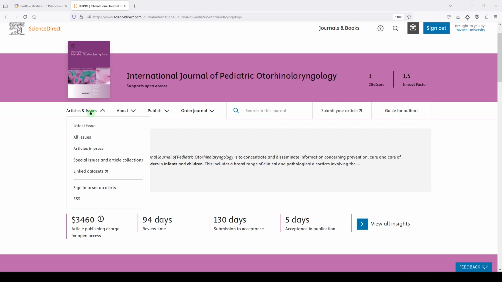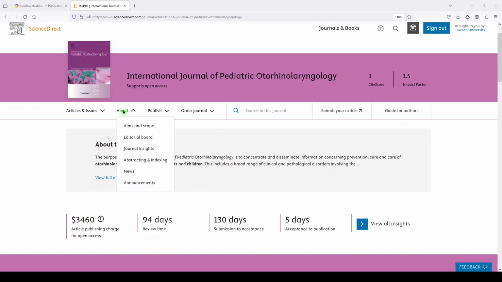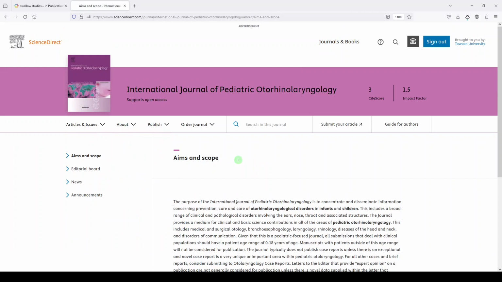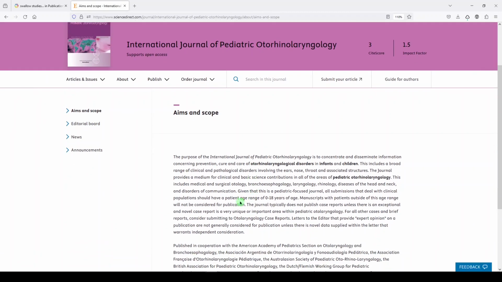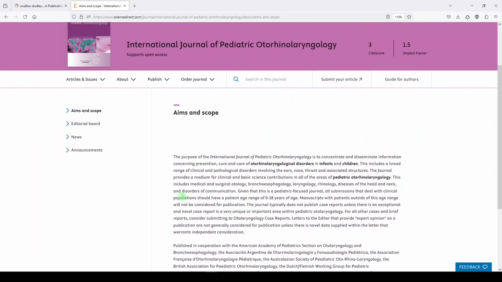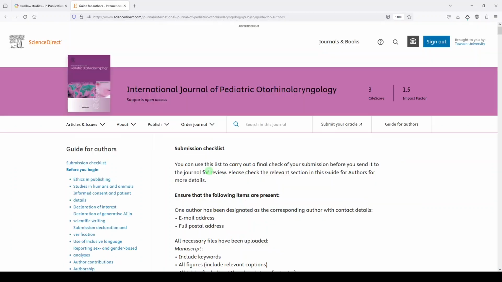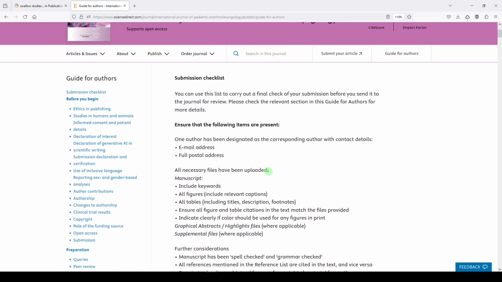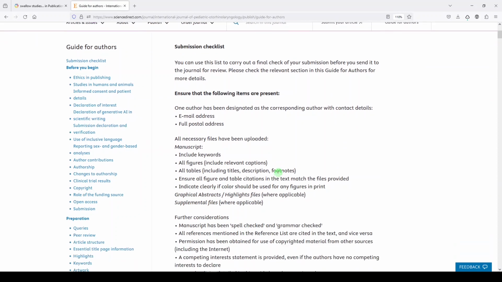And then you might check out some issues, you might look at about, so if you were going to publish here, what are their aims and scope? What kinds of articles are they interested in? And who are they affiliated with? And then if you go into publish, you can look at the guide for authors that gives you instructions for how to format your